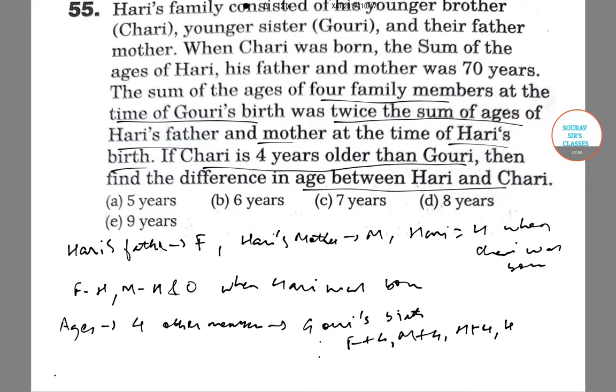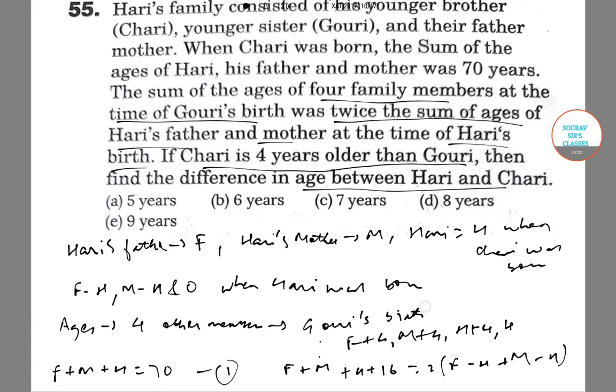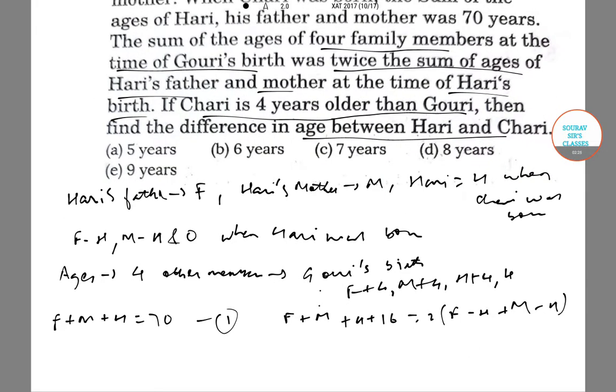Now we have been given that F plus M plus H equals 70. This is equation 1, and F plus M plus H plus 16 equals 2 into (F minus H plus M minus H). Now if we replace F plus M plus H in equation 2 from equation 1, then we get